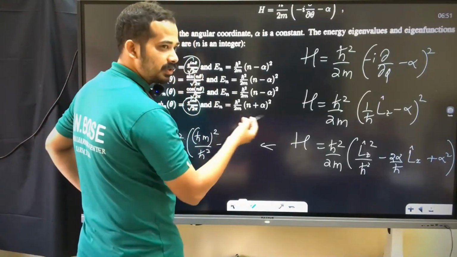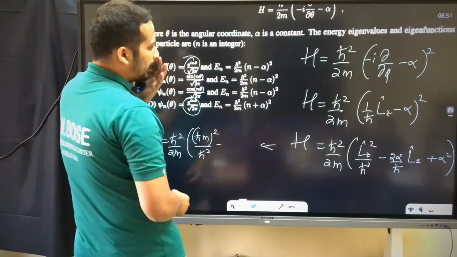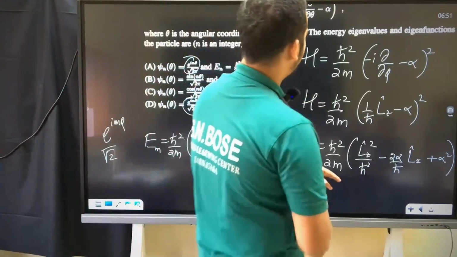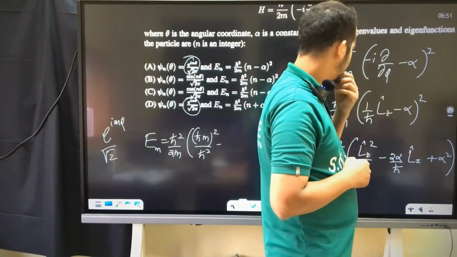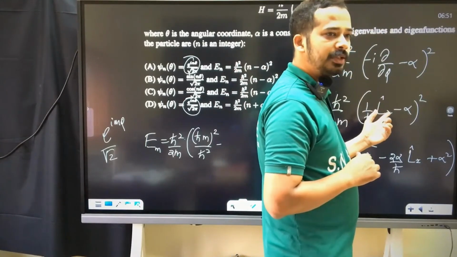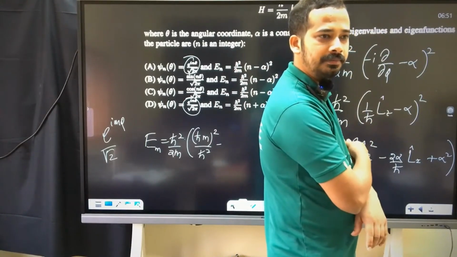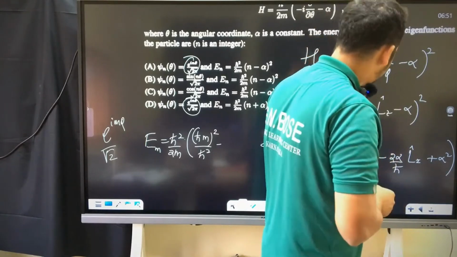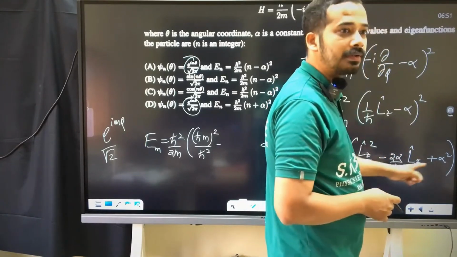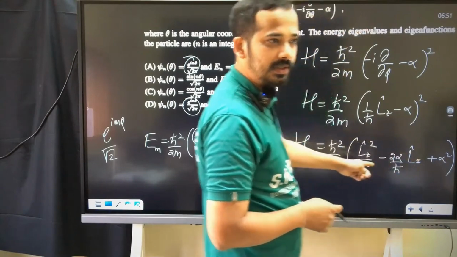Obviously, I squared this one because I'm not trying to handle it as it is. This may be a non-linear operator, isn't it? That's why I was worried actually. But when I square it, it looks like a linear operator. It is a linear operator. Check this out.